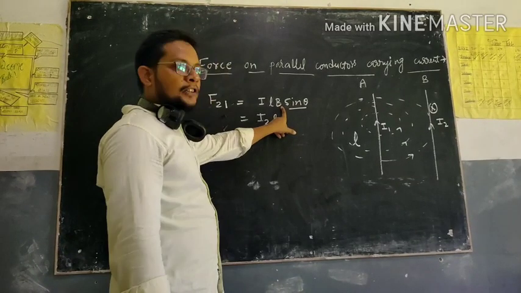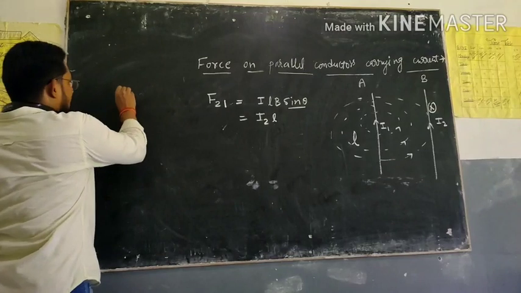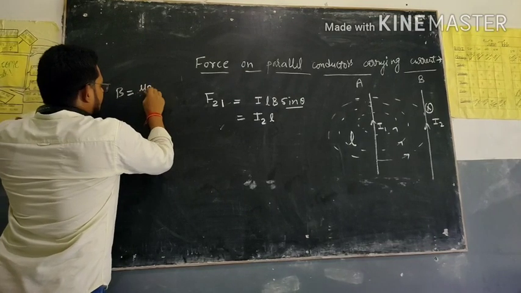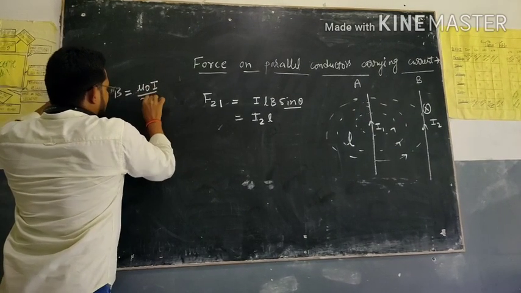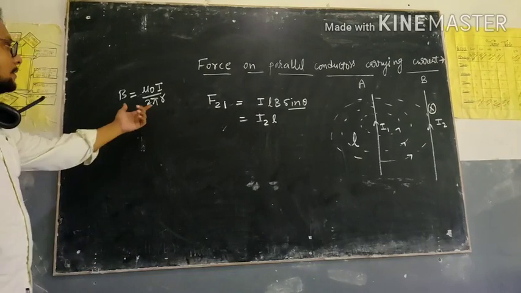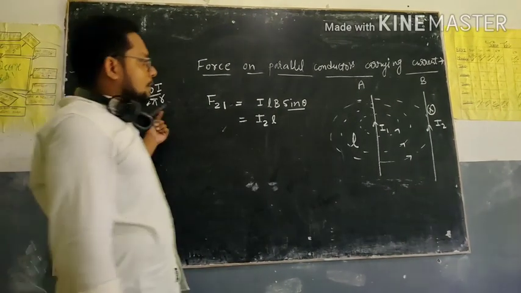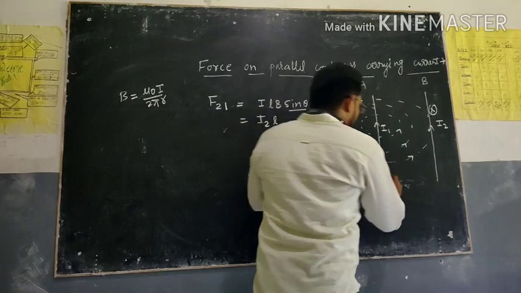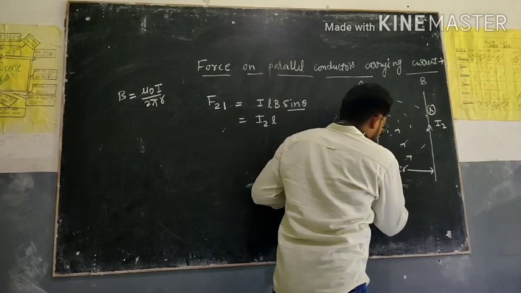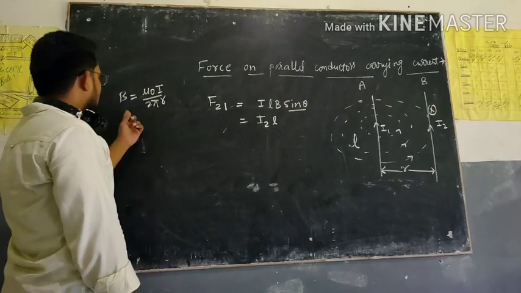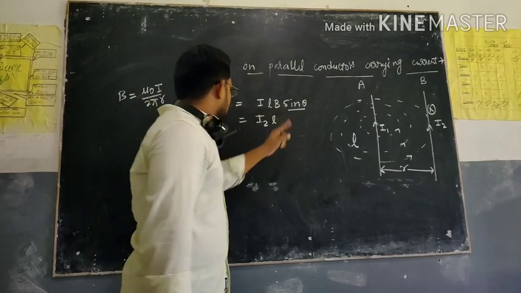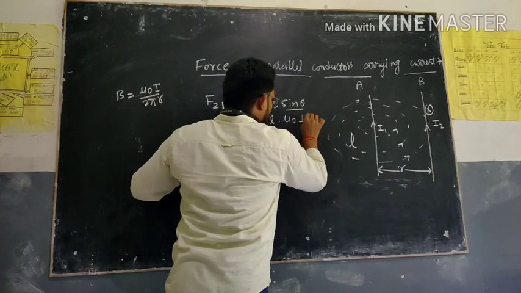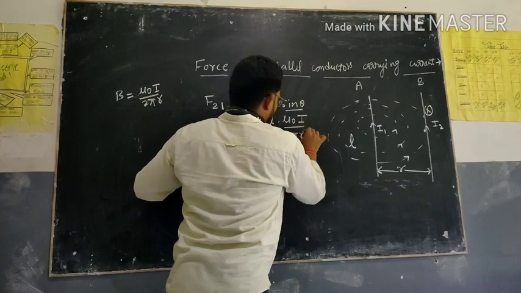Now, the magnitude of magnetic field B. You know, for a straight conductor, we can write it as mu 0 I by 2 pi r. The formula for magnetic field due to a straight wire carrying current is mu 0 I by 2 pi r. Suppose the separation between them is r. Okay, my dear student, write this formula at place of B. We can rewrite it as mu naught I upon 2 pi r.